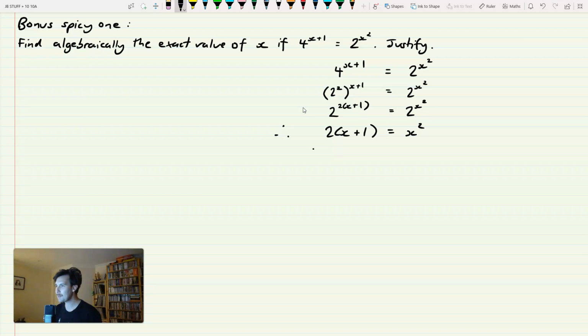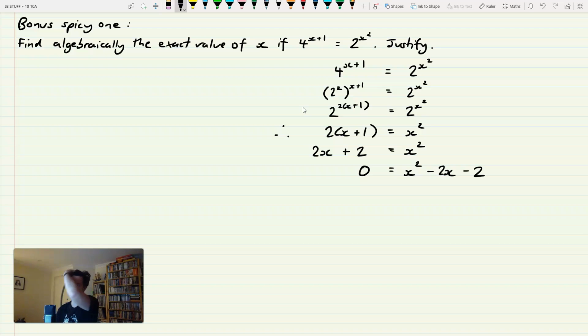What I'll do now is expand the bracket on the left. So 2x plus 2 is going to be equal to x squared. Okay, now I'm going to combine this with my knowledge of factorizing. And again, you might not be here just yet, but you can still watch for fun. What I'm going to do now is put everything on the right-hand side. You can put it on the left, it'll be the same, and just make it equal to 0. So now I've got 0 is equal to x squared, take 2x, take away 2. So I've taken the 2x and the 2 from the left, which means I have to take it away from